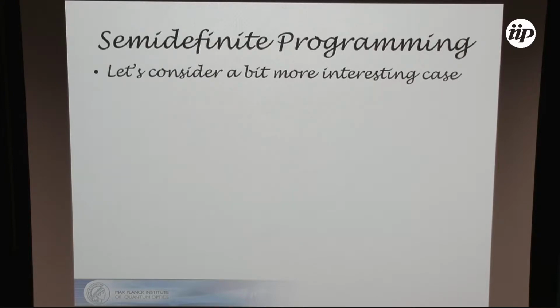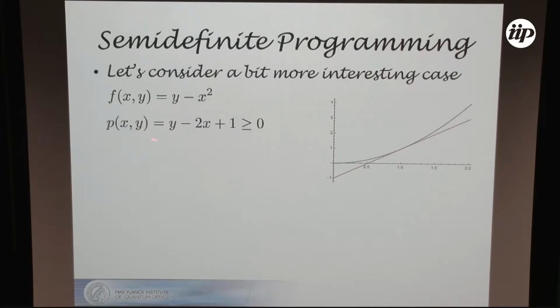So now let's consider a bit more interesting case. Let's say that I'm interested in the set of points that satisfy this relation equal to 0, right? So I'm just interested in this parabola, the blue points. I want to prove that this polynomial, which is linear, so we can see that's a linear inequality, which is the orange curve. This is just a toy example, but it's one of the ideas that I'm going to use later. So if I want to prove that this is true on the blue points, then